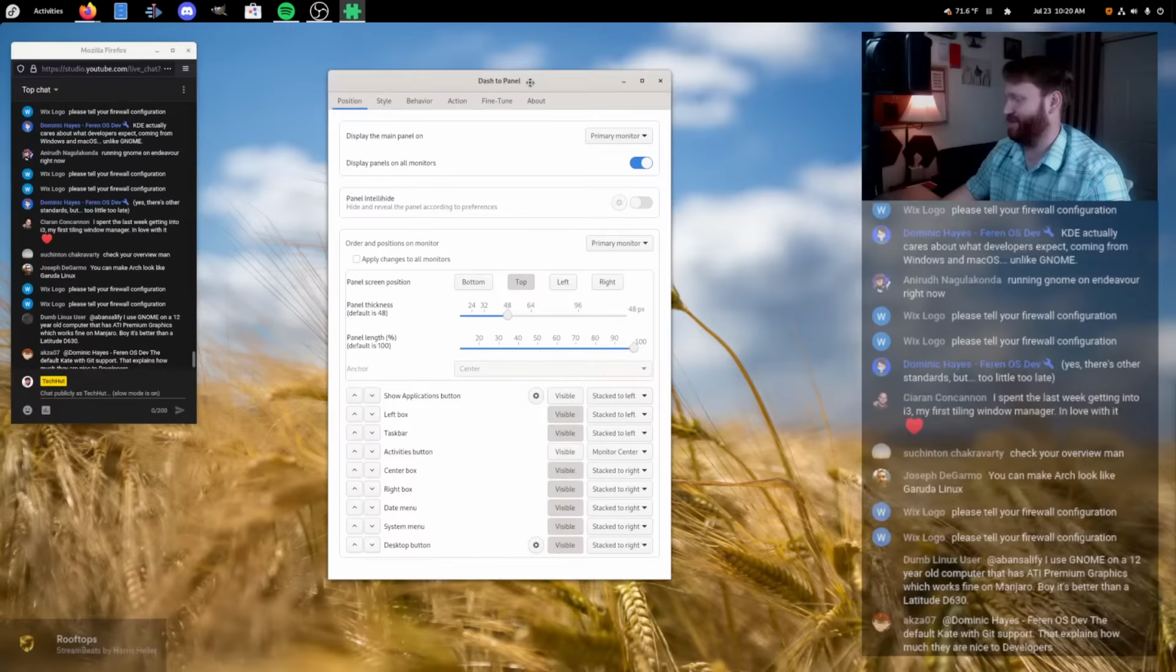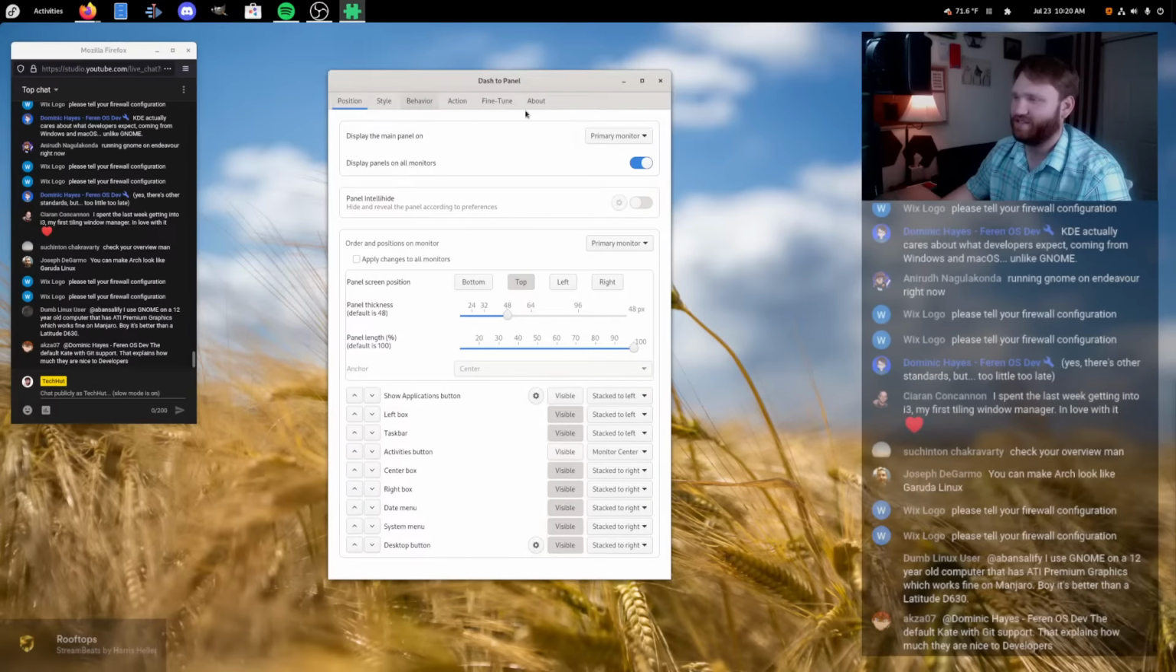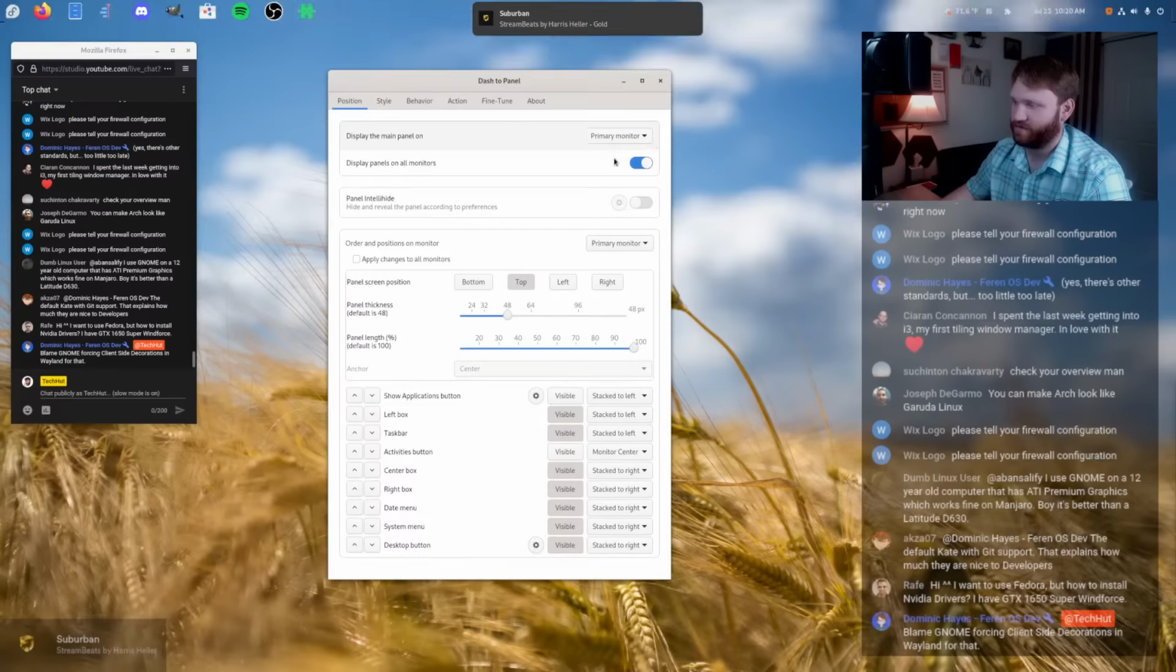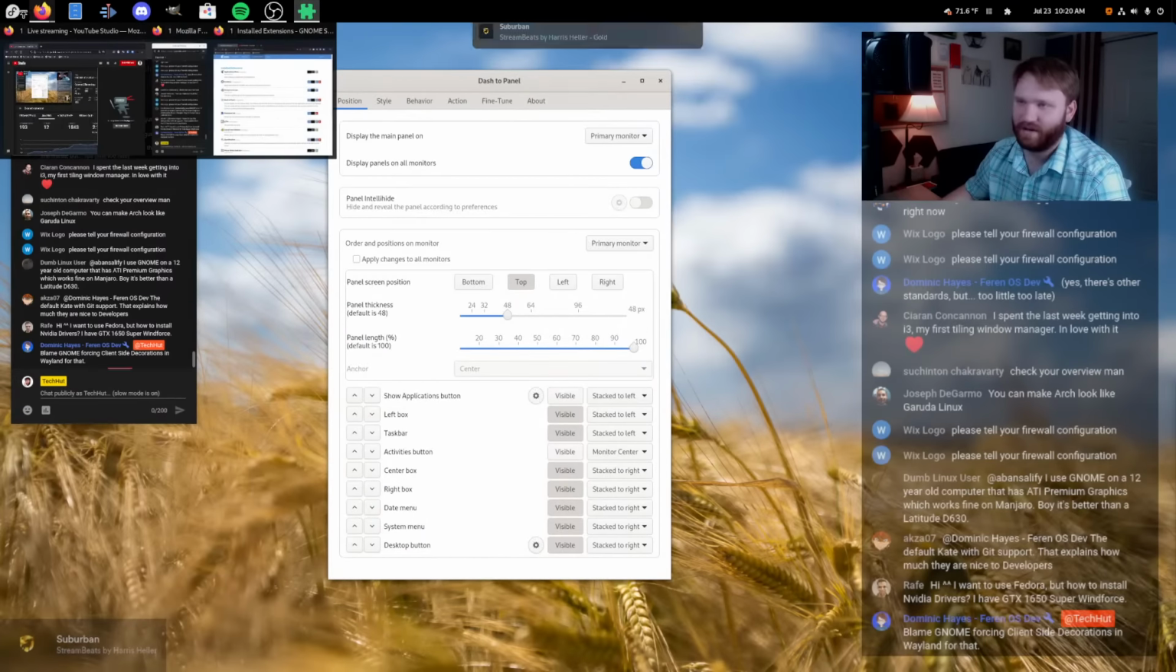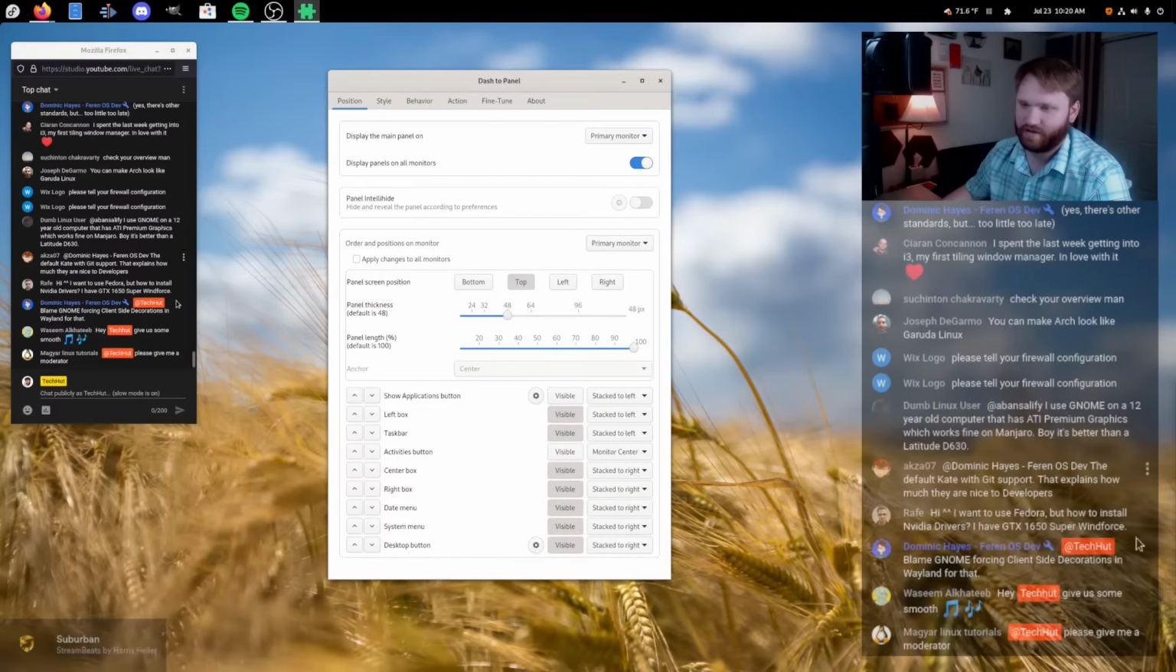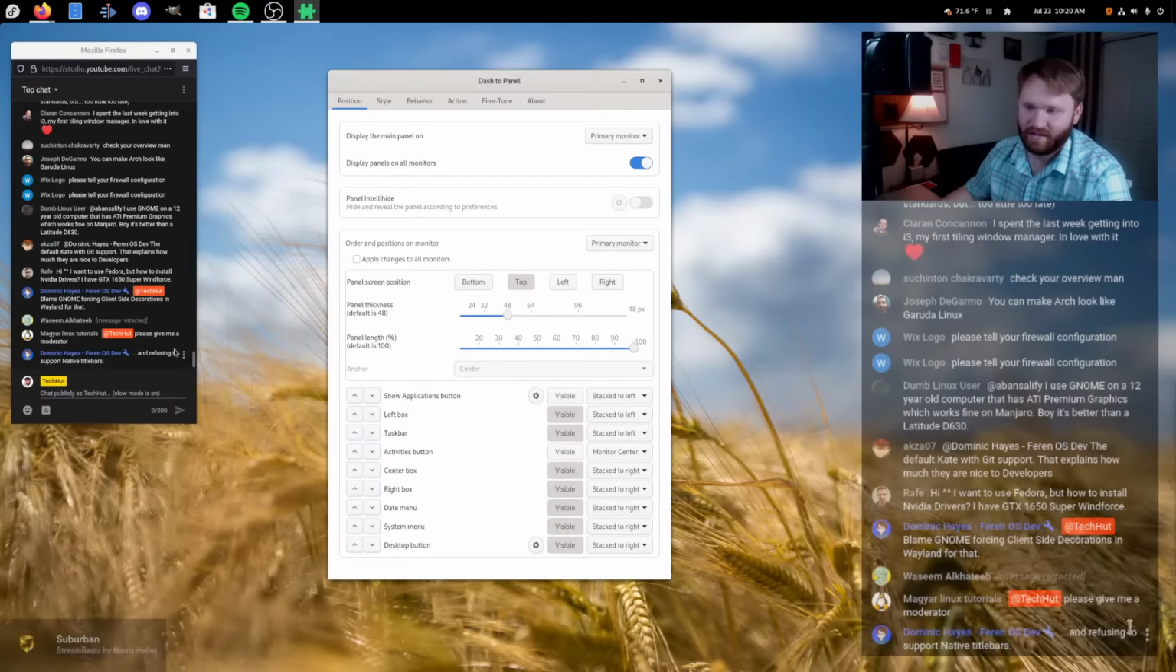So Dash to Panel here. Position, we have our primary monitor, so I have monitor 2, which if I do switch over to monitor 2, you will see some configuration differences, because I do have them configured differently. And we saw that activity button disappear because it actually started following my